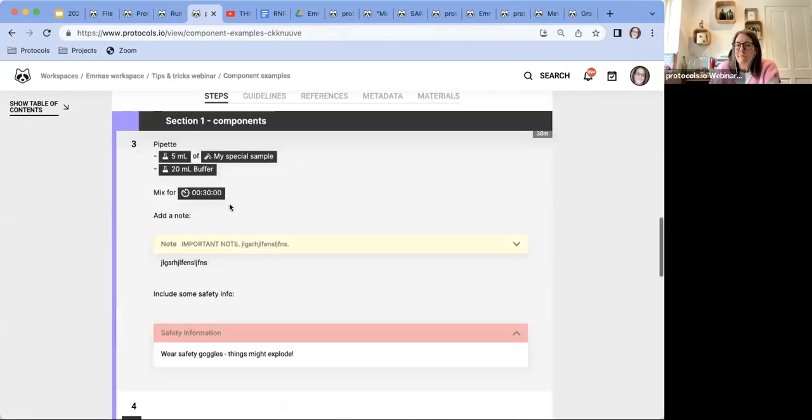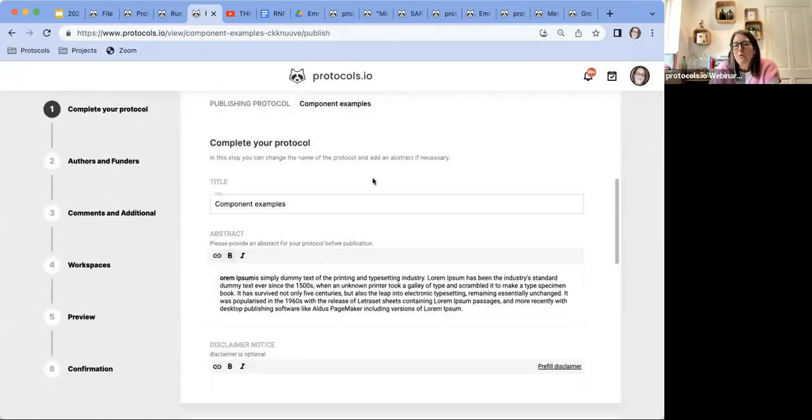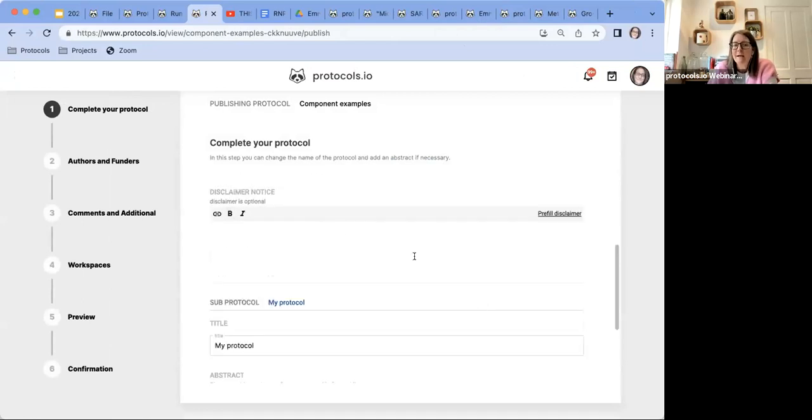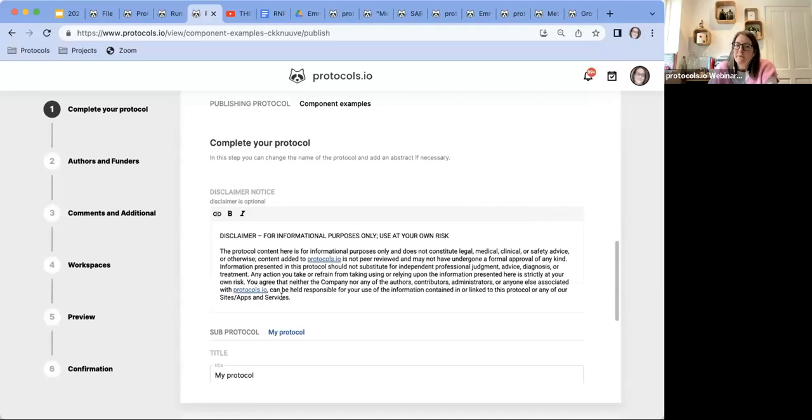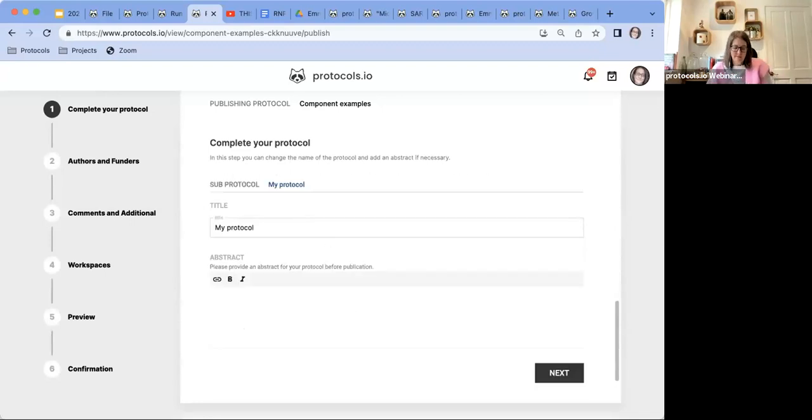So this is one of my example component ones from earlier. The publish process is pretty easy. You will be forced to fill in some things if you haven't when you publish. So you will have to put in an abstract. We always recommend just giving a bit of context. If it's got public health implications or there's some other disclaimer, you can put a disclaimer in. So we have some suggested text if it's public health or medical, just to disclaim that it shouldn't be taken as formal advice. But you can also use this box if you want to disclaim something else up here. It has got a sub-protocol, has a title. This will also need,